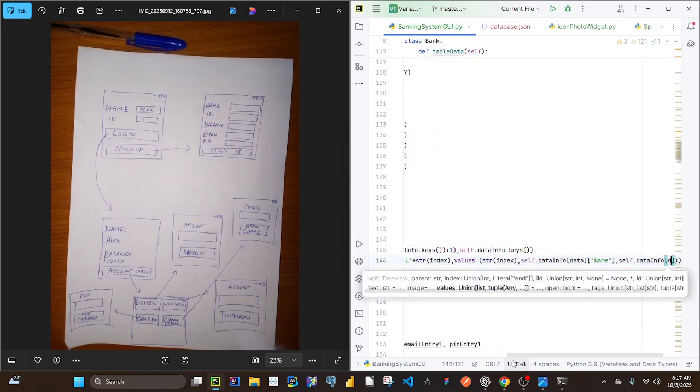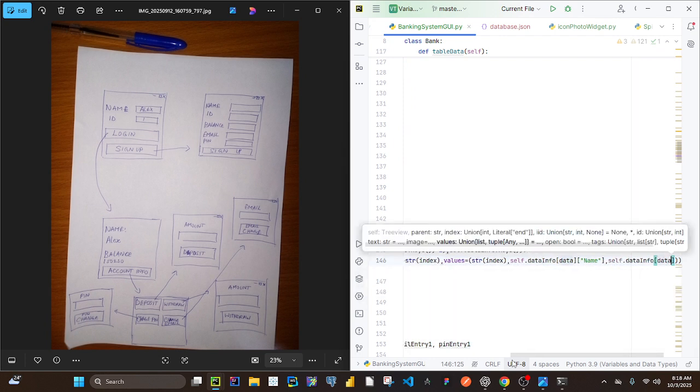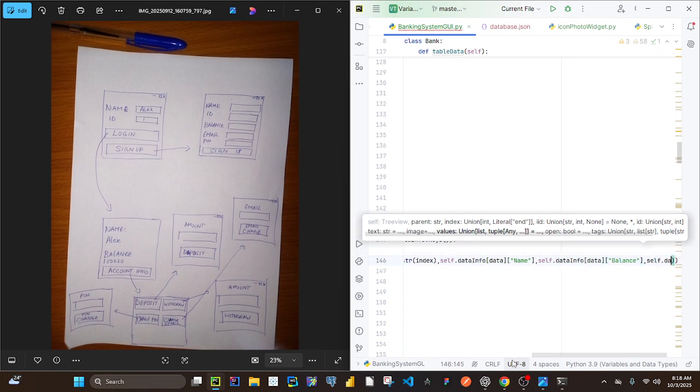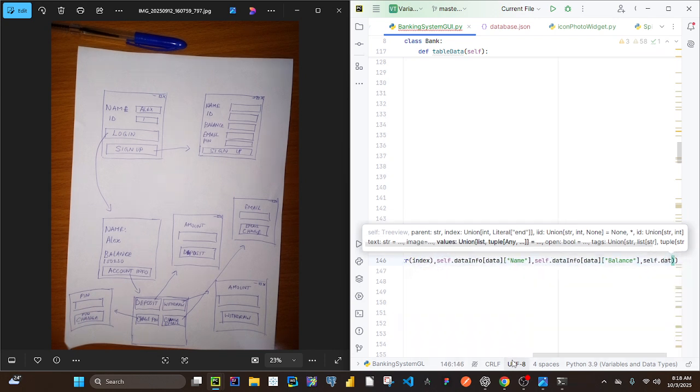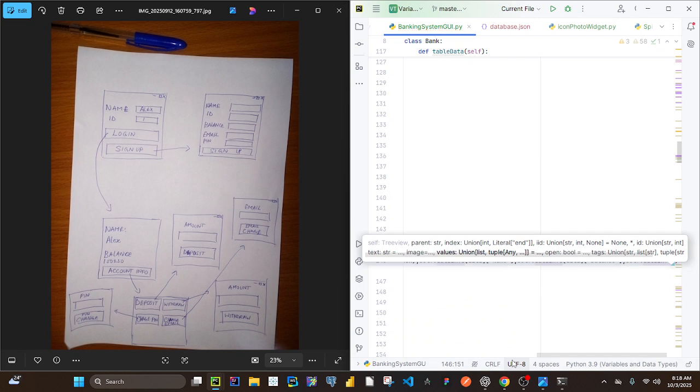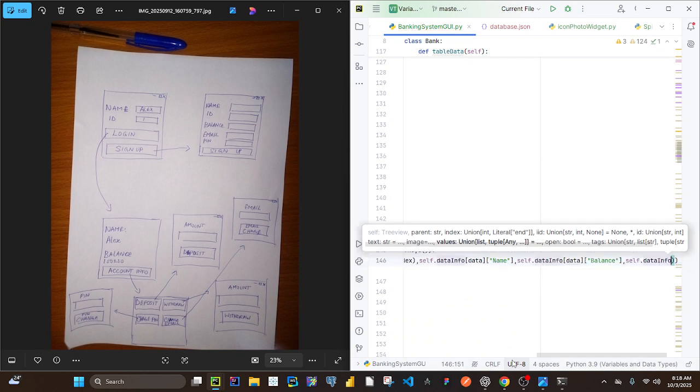Open another square bracket, data, then the next one is balance. Balance, put a comma again, self.data_info. Because I'm trying to target each value of the key in that dictionary, that's why I'm doing all this. Open a square bracket, data again, and then I'm going to access the email and then the pin. The email,